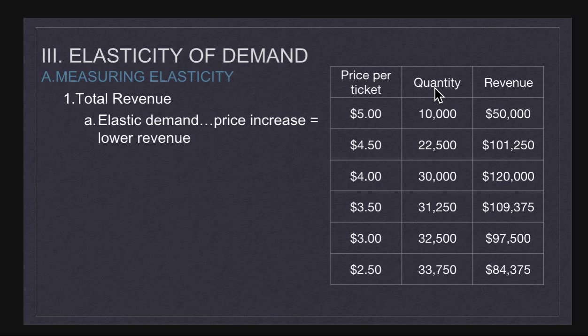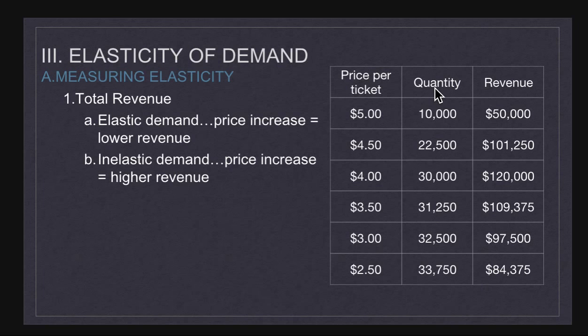Okay, price goes up, then all of a sudden our total revenue begins to go down. Then we would determine, well, that must be an elastic item. Inelastic is the opposite. We increase price, we actually get higher revenue by increasing price. So people are still willing to